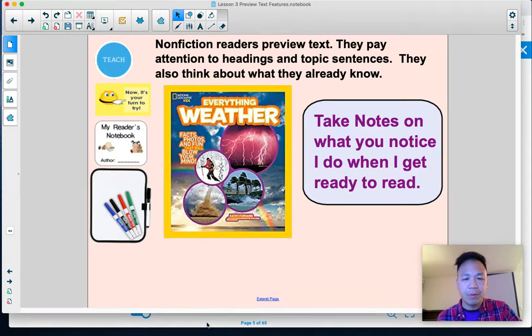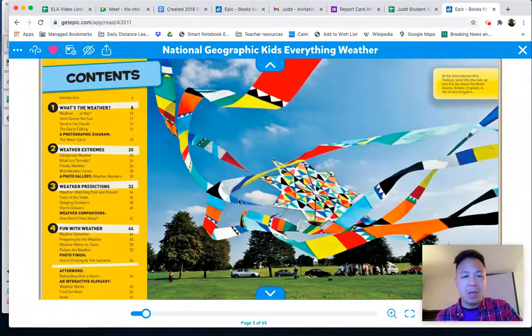I'll move over to that book. So here I am at the table of contents. Before I immediately start reading everything from beginning to end, I'm going to look here to see what this book is about. It's been a long time since I've read a book about weather, but I do know about the weather. I know a lot because I watch the news and I have to deal with it. So I'm pretty sure it's fairly important.